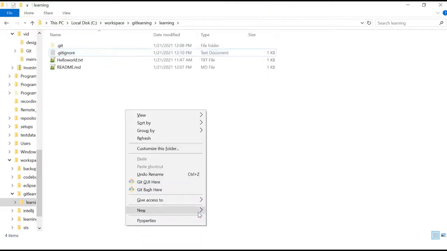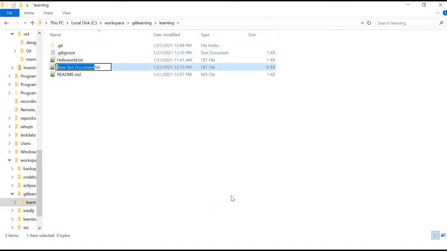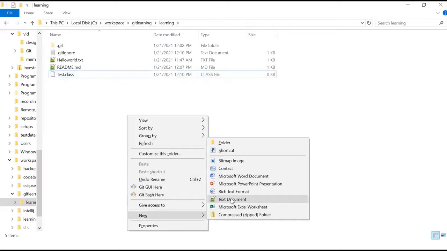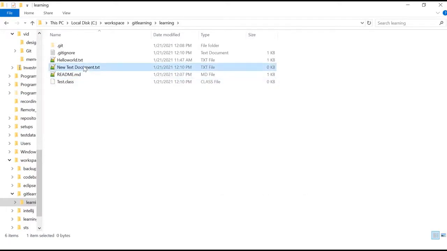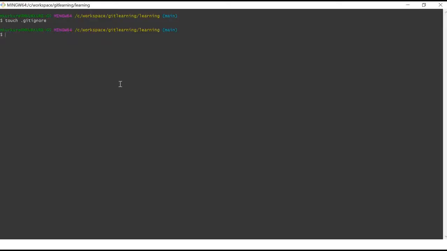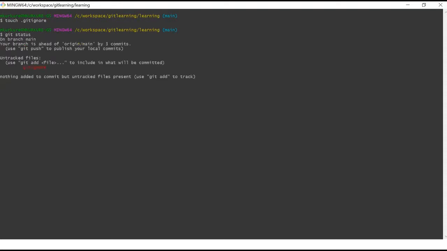So if you write something like this, let's say test.class, and let's say you have something like perform.log. In this case, now if you go to your git bash and do git status, then you can see we have added two files in the repository, but those files are not tracked here because of the gitignore. We have mentioned the patterns there, so that is why the files are not listed here.